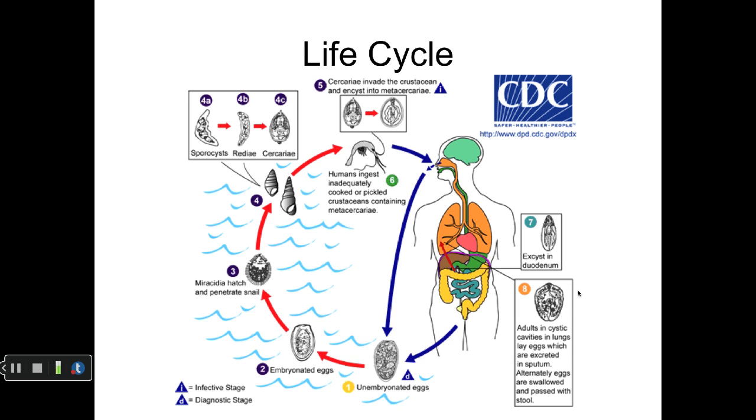And when that happens, the eggs pass right on through and are released with feces. So you can find the eggs in feces. You can also find the eggs in sputum, and that's going to be important in the diagnosis. Once in the water, the eggs' operculum opens and the miracidia hatches out and swims, finds a snail host,